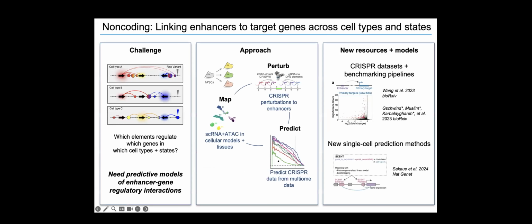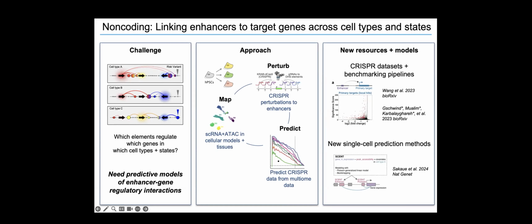So first, as one example, IGVF is working to map the effects of non-coding variants in the genome. You'll hear more about that today. Key challenges are that non-coding variants in elements can have cell type specific effects and act over long genomic distances. An ideal solution would be a genome-wide map of which elements regulate which genes and which cell types so that we could look up the functions of any non-coding variant.